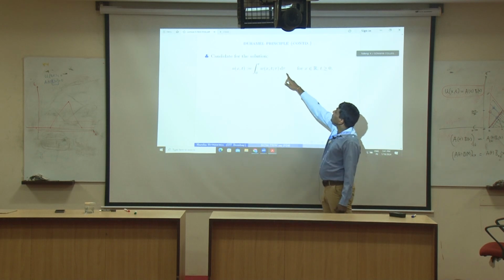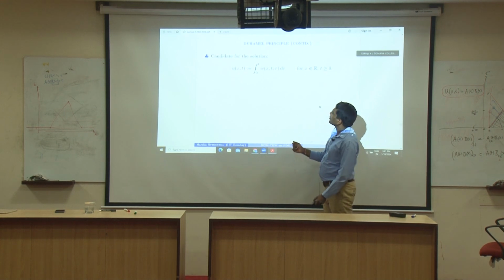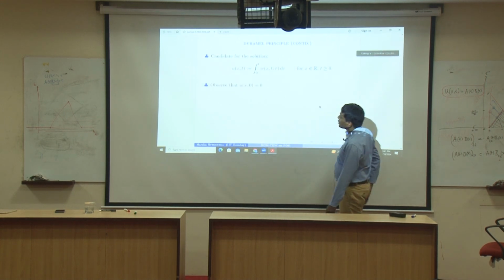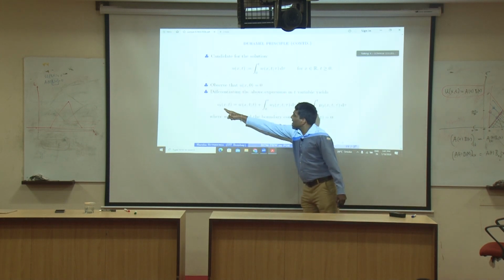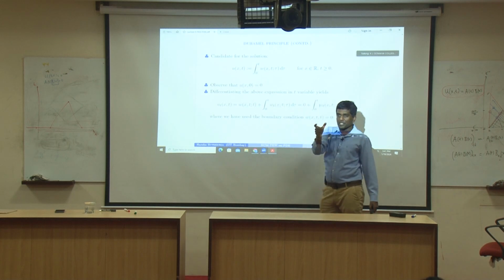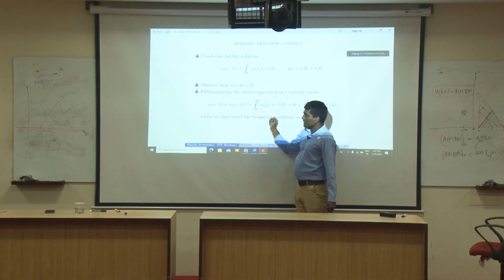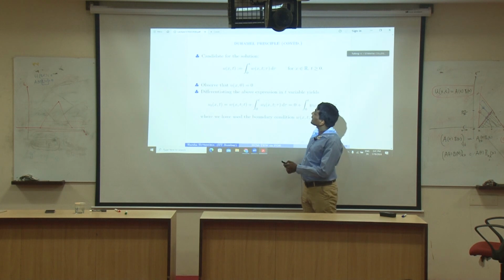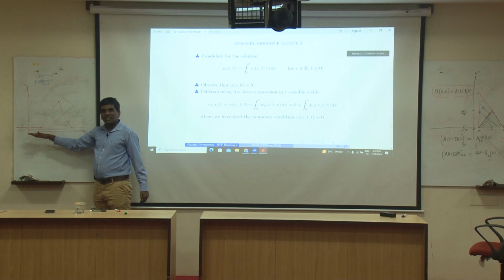This is the claim that we made, that we are assuming we are able to solve for W, which we can, using the D'Alembert formula. First observation is that u of x comma 0 is 0. Now let's differentiate this. When I differentiate, first is W evaluated when tau is equal to t times the derivative of t. That's the Leibniz first term, W at tau equal to t. Then you take the derivative inside, and you get this. But that first term is 0, because if you go back, at the time slice tau, W of x comma tau was 0.